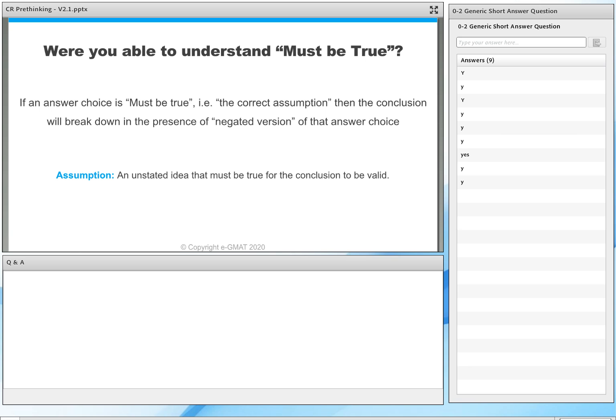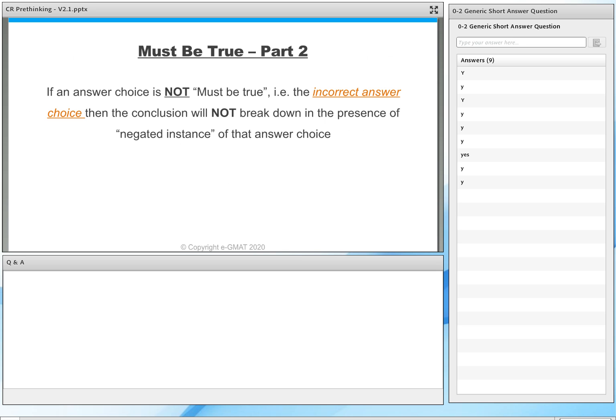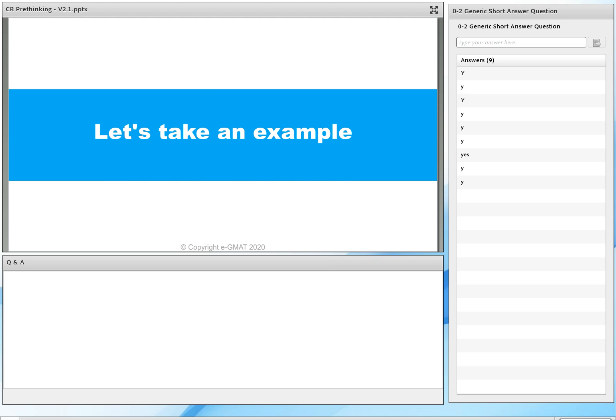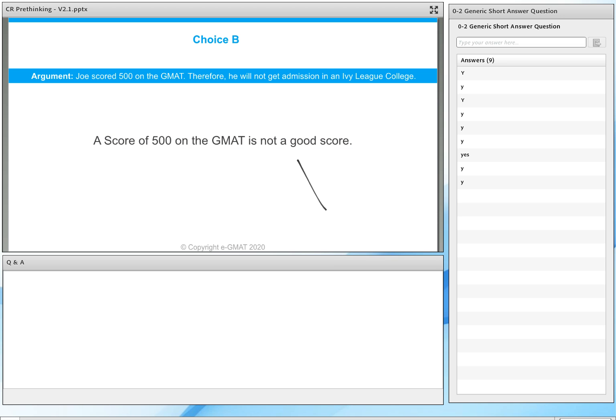If an answer choice is the correct assumption, then the conclusion will break down in the presence of its negated version. That's applying the negation test. And it comes from the fact that, hey, if you have a correct assumption, it must be true for the conclusion to be valid. It also cuts the other way. If you're looking at an incorrect answer choice, then your conclusion will not break down in the presence of the negated instance of that answer choice. Let's kind of look at this over here. Okay. Let's say